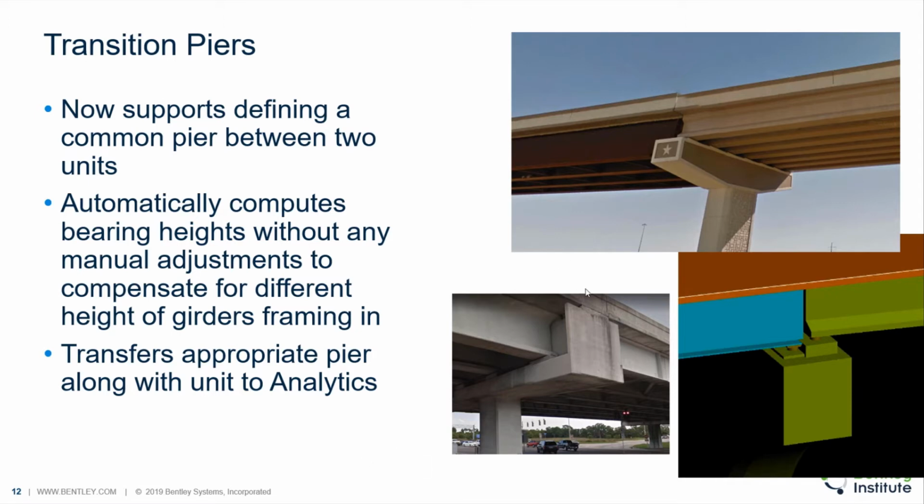And then not only that, but one pier is handling steel and concrete at the same time, and usually with different depths. So the enhancement here recognizes that it's a mixed bridge, right? Or two different units, as we call it now. So it applies the proper beam seats on the different heights of the concrete beam or the steel girder,